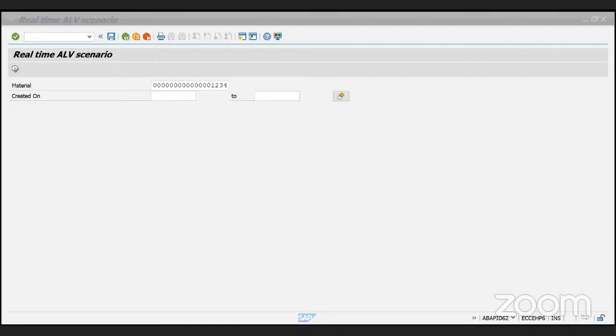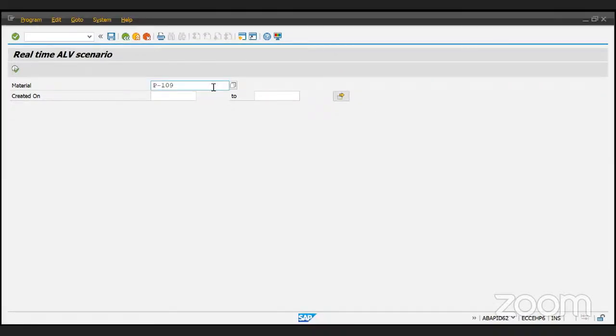Okay, so let's suppose if one material is available 10,000 times, and you're not giving any date range, then that much value will be available. Okay, so I got the material now, so let me go to the screen. The material which is there in the table is B109. Okay, so if I simply execute it,